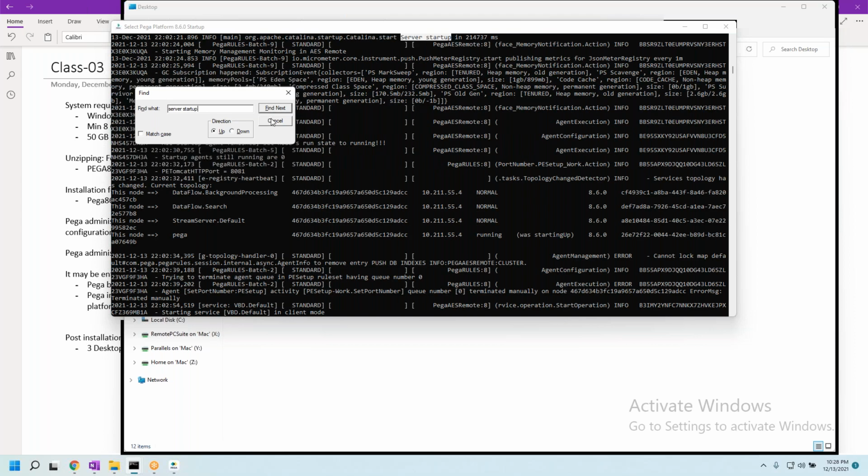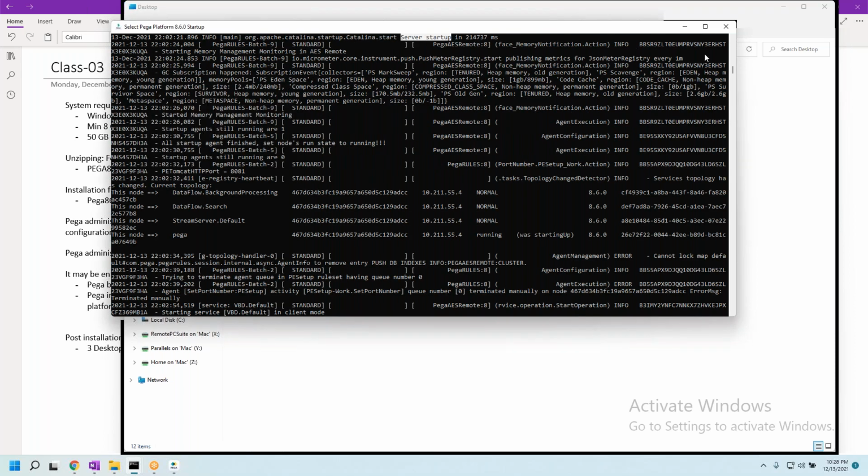See here, server startup. This server startup value will be minimum 1 lakh milliseconds. If your laptop is very fast, 80,000 is the best, but it will never go less than that.